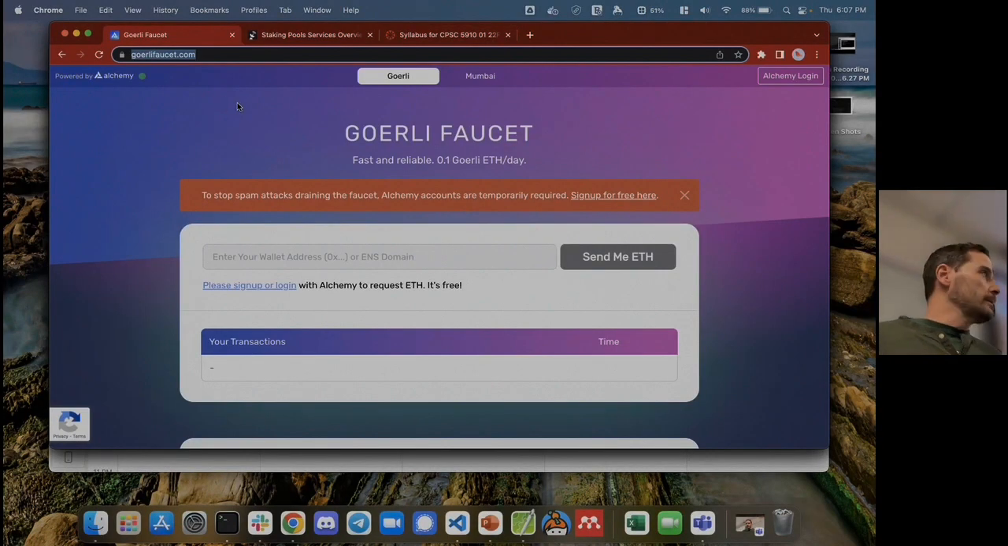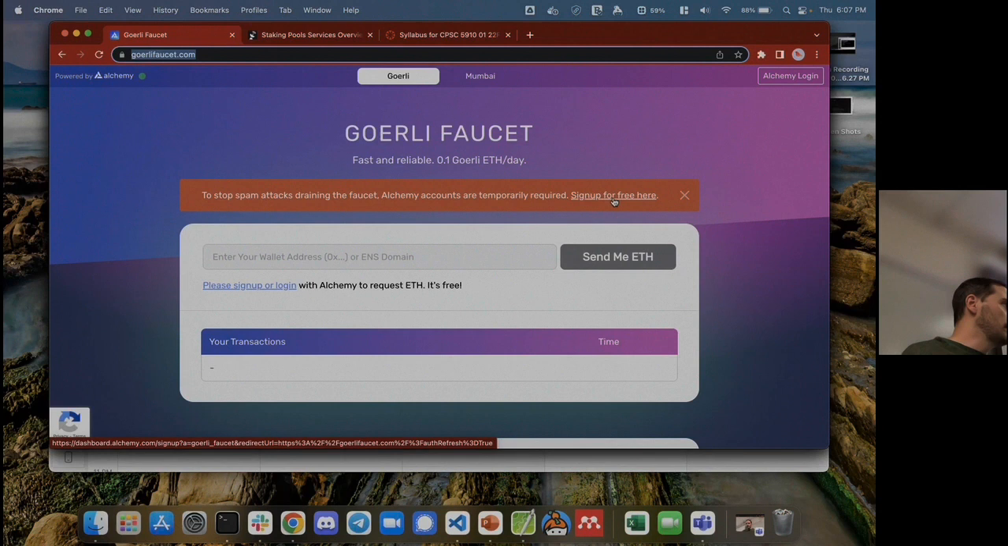this link right here works. Girly faucet.com. What you first need to do is sign up for an Alchemy account. Don't worry about it. You don't need, basically this is just a faucet. We're really not signing up for Alchemy to use Alchemy, and I'll go over what Alchemy is. But basically they just want to make sure that you